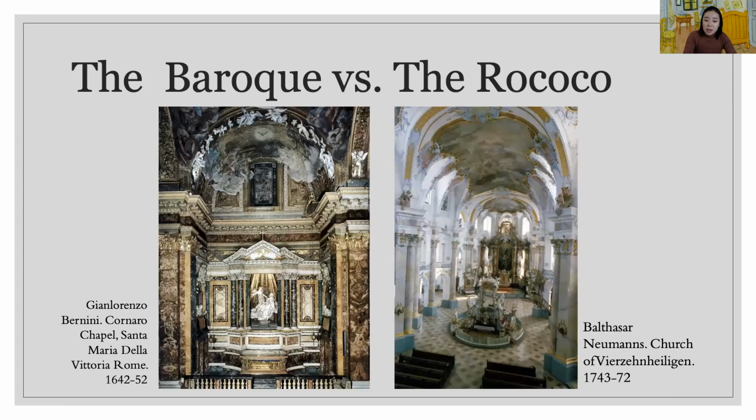The left one is Baroque style architecture and the right one is Rococo style architecture. These are all complicated, but can you find the differences between these two styles? Light. Light, that's right.